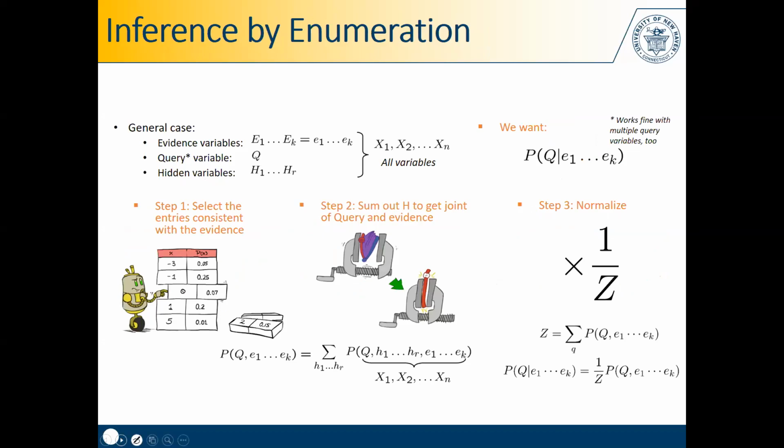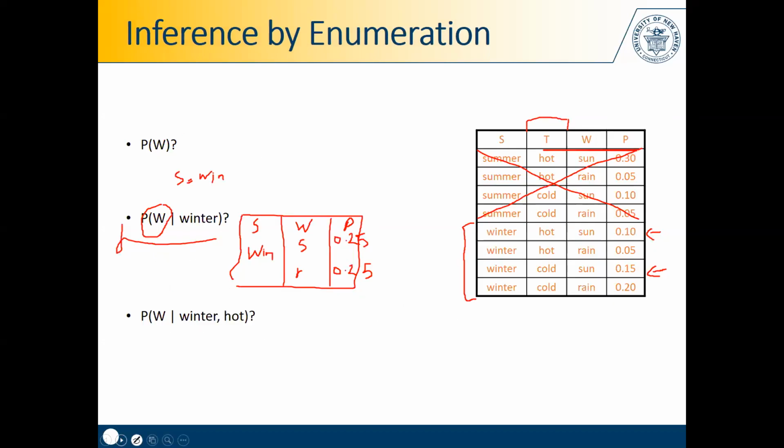Okay. What's the point of normalization? We want to bring these values or tune these values such that they sum up to 1. So for that, we divide each by the sum of these two probabilities. What's the sum of these two probabilities? It's 0.5. It's going to be 0.25 over 0.5